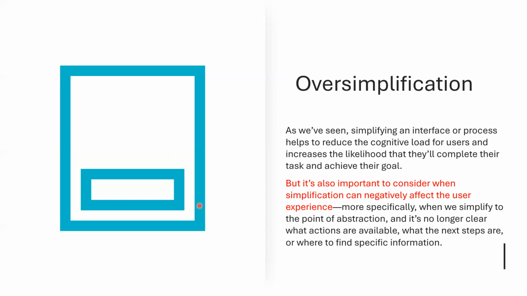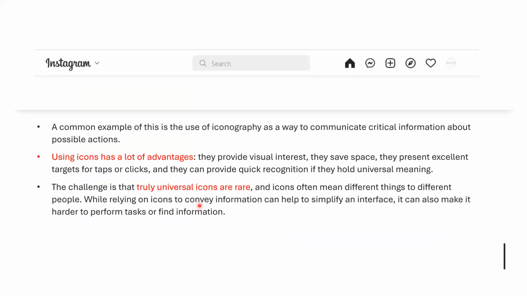Okay, Hick's law is a good law that says we need to reduce the complexity, but if we overly simplify, then it might cause confusion to the users as well, because it doesn't tell the user what to do, what information they have, right? So you have to be very careful about overly simplifying things. One common example of simplification versus complexity, in some cases, is that we can use iconography. We use different icons using various metaphors that will tell you exactly what the user can do, what options